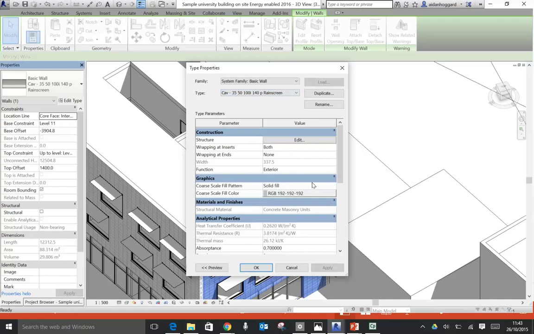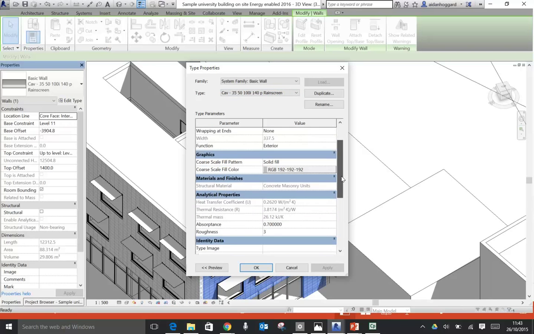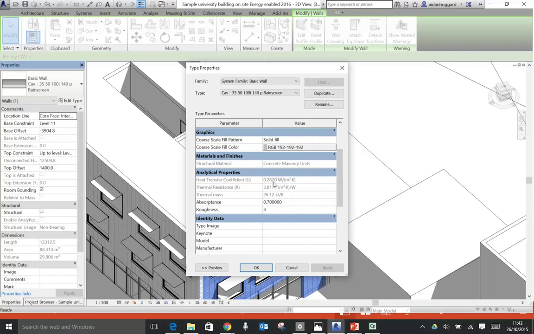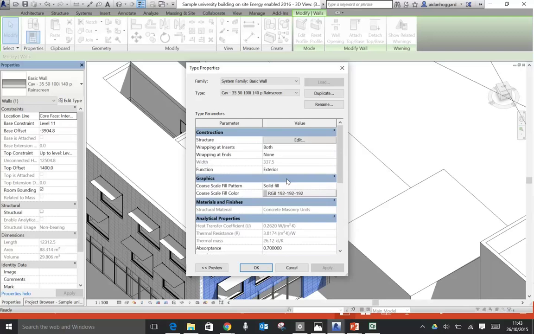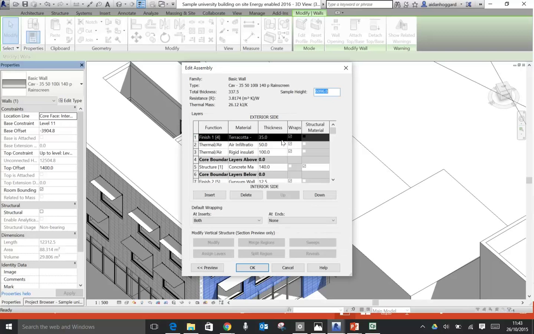And we've got lots of different settings here which we don't really need to worry too much about, but we certainly have got thermal properties assigned to that wall. If we edit the structure of the wall, what it's made of, I mean, you don't really need to get into this level of depth, but just to show you what's there,